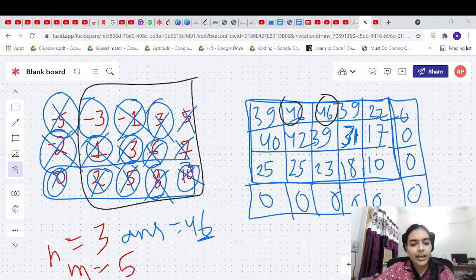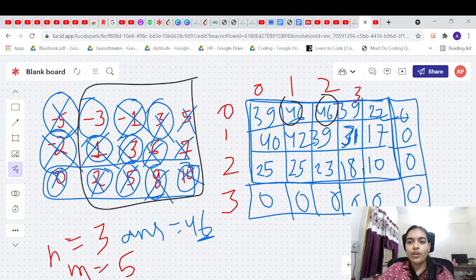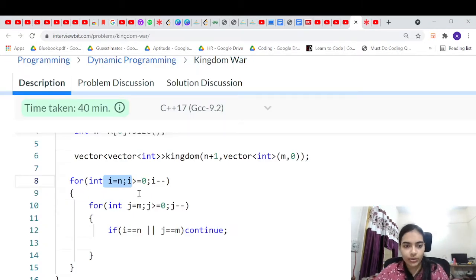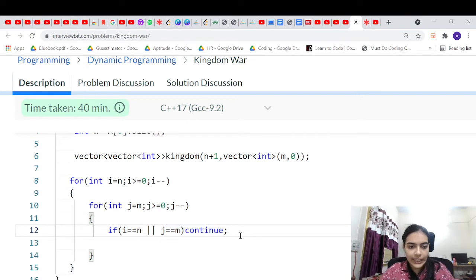Okay, n is 3, m is 5. n is the number of rows, m is the number of columns. So 0 1 2 3, and 0 1 2 3 4 5. This is the kingdom. When you are at n equal to exactly 3, then you have to fill zeros. Or when m is equal to 5, you also have to fill zeros. We have already filled zeros in the matrix, so we can simply continue, right?